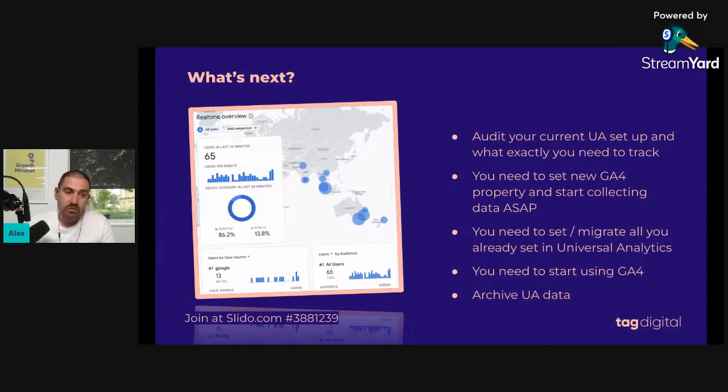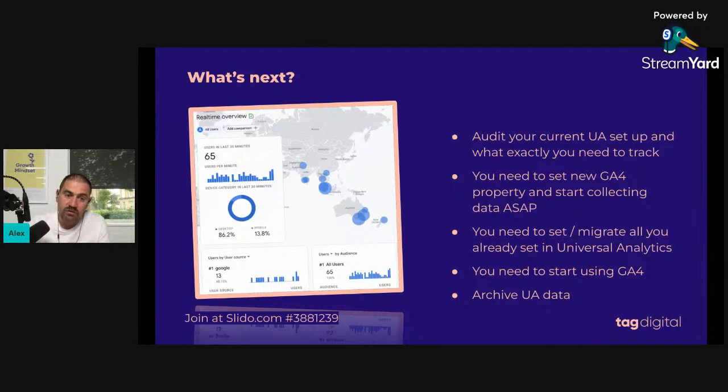So what are the next steps you need to take to cope with this? The first one I would suggest is to audit your current Universal Analytics setup, rethink your measurement plan, your micro and macro conversions, and create a GA4 configuration plan. Now is a good time to do some cleaning and simplifying of your account, because I know there are a lot of accounts with a lot of goals set up that have never been used. If you don't use it, just don't set it up again.